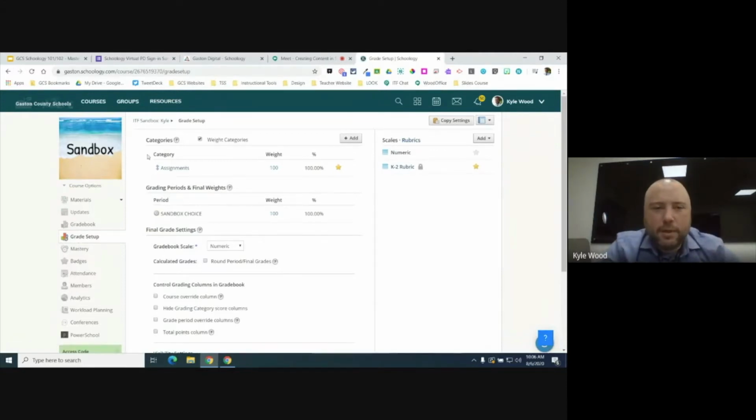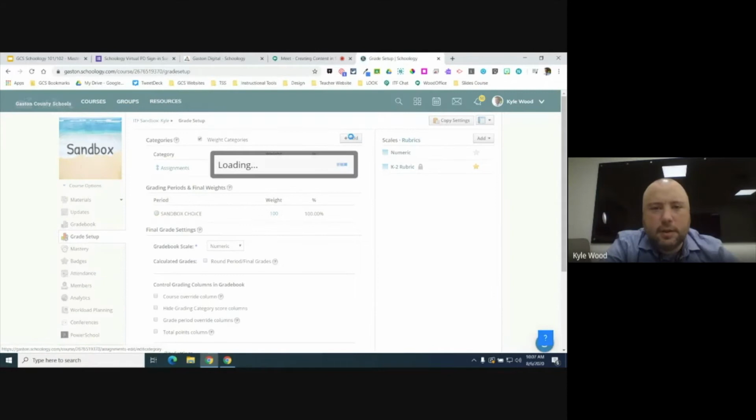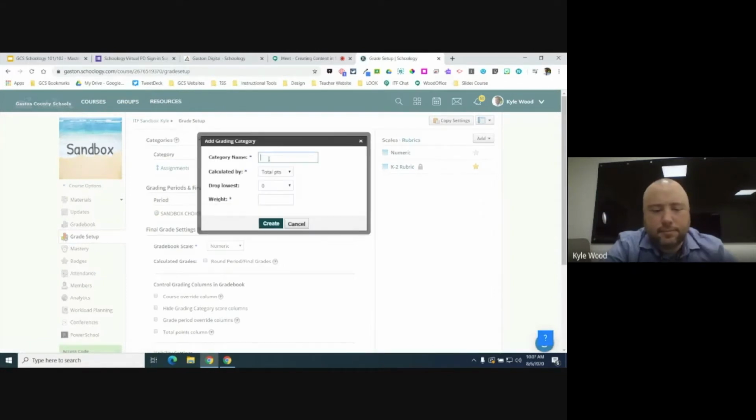So what I'm going to do is set up categories, and categories means that every time I add an assignment, I need to tell it what kind of assignment it is. So for every class except for ELA in 3 through 5, we're just going to call it assignments. It's just a straight flat average if we average the grades. K2 teachers and everyone else in here, you can set it as that one thing and just leave it alone. You'll hit add right here beside categories,